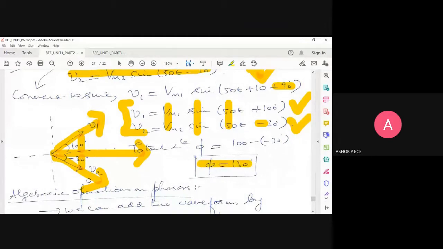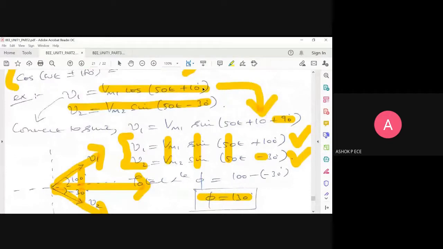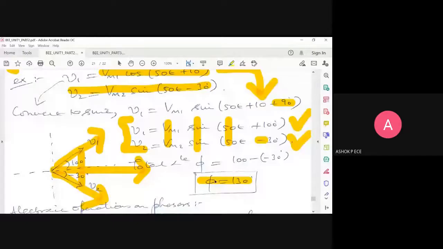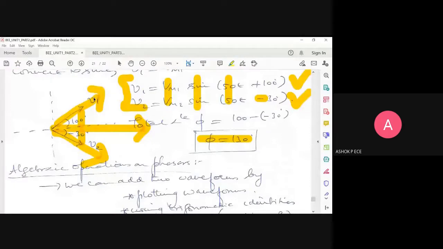But if you see from the question without converting, the angle would be 40, which is actually wrong. If we don't convert the cos, instead of 100 you will be drawing 10, so the total angle you will write is 10 plus 30, which is wrong. So I convert both of them to sine and proceed with the phasor diagram. I can say V1 is leading V2 by 130, or V2 is lagging behind V1 by minus 130. Leading is always a positive sign notation. For lagging, it is always negative.